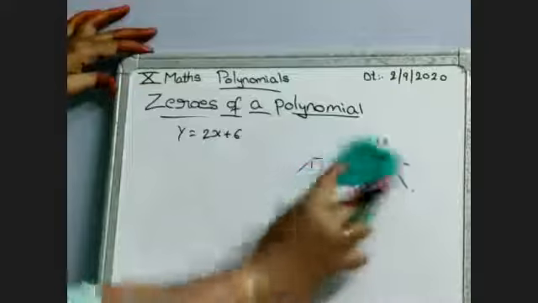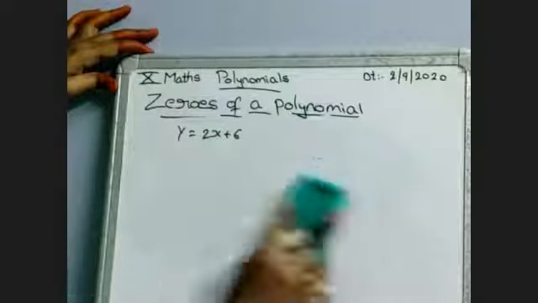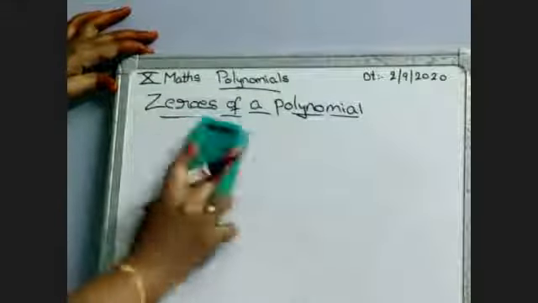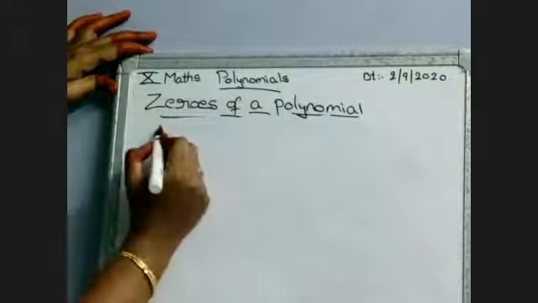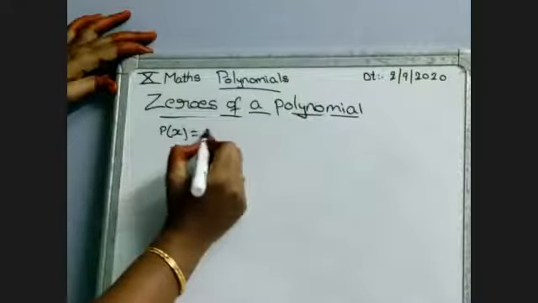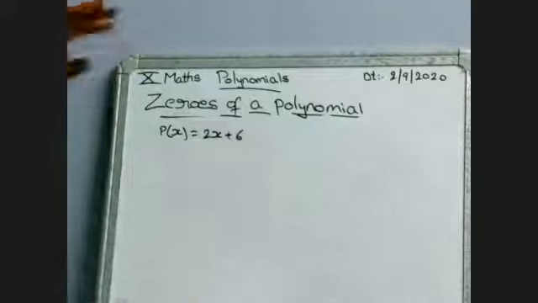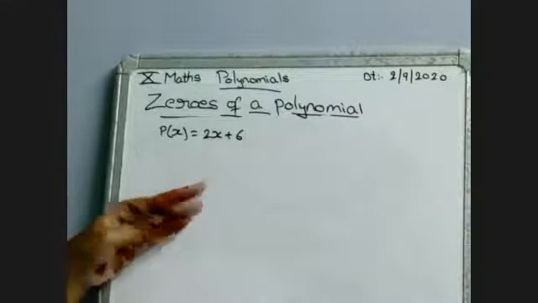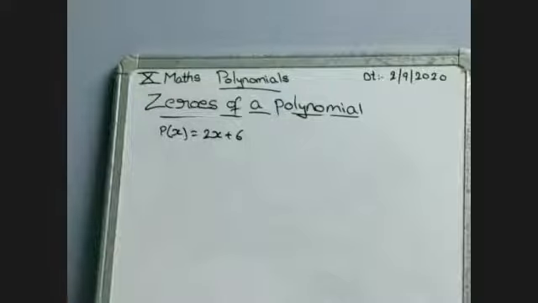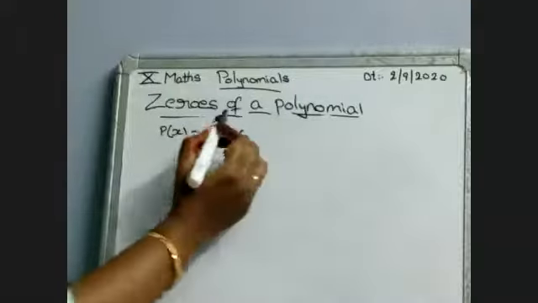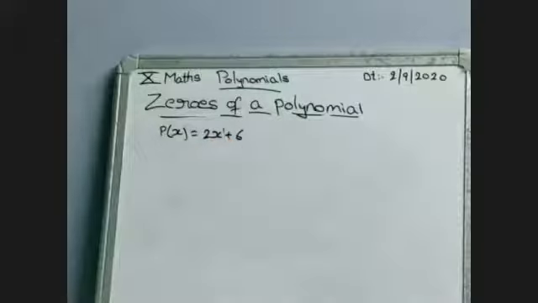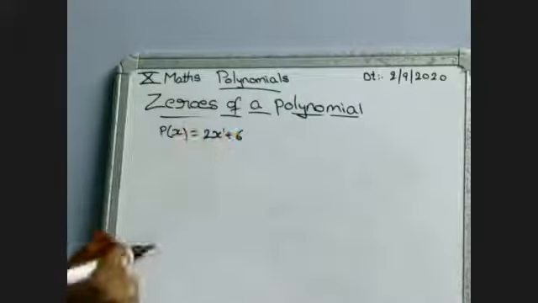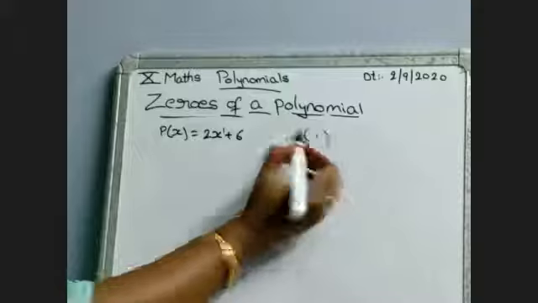And one more thing, zeros of the polynomial, how will we define them? Suppose you take an equation, p of x equal to 2x plus 6. Here we can see the power. Power is nothing but degree only, no? We already discussed the degrees of the polynomial also. So here we can compare the degrees. What is the degree here? Only 1. So you will get only 1.